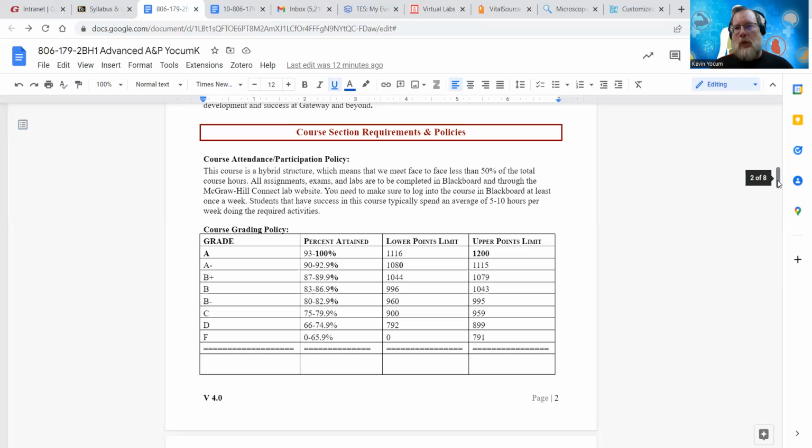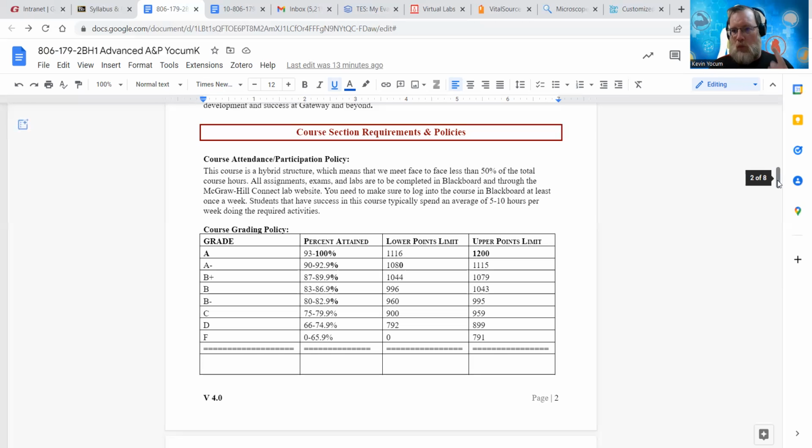So anyway, I'm very lenient on attendance because this course is set up to be at your own pace and completed online. All of your exams, all of your Padlet assignments and quizzes, your case study assignments, your labs, all of that is virtual. It's all done through Blackboard. I do have dates that are kind of checkpoints that I would recommend you keep on top of. But again, I don't penalize for late work.